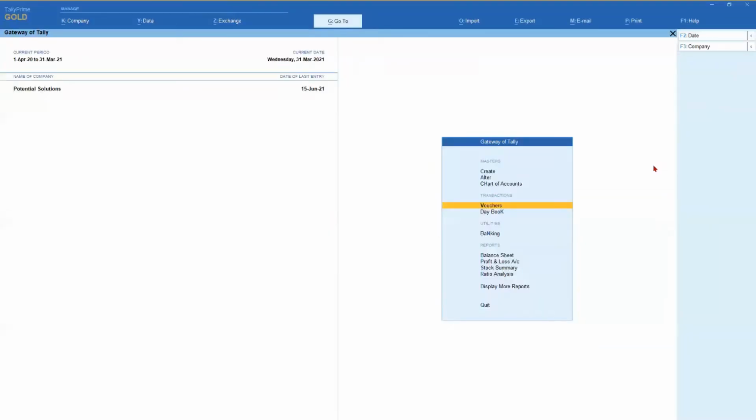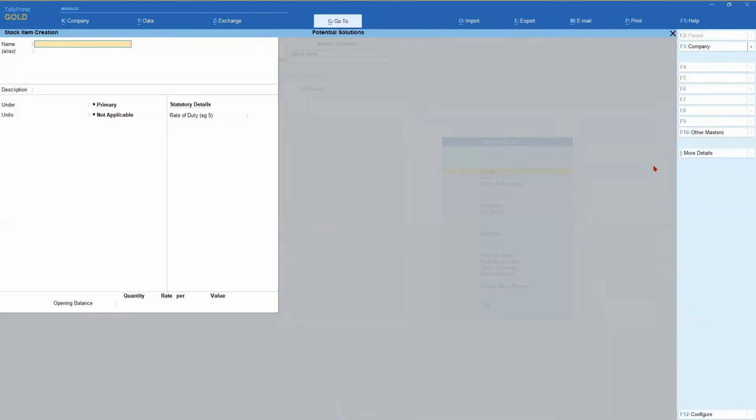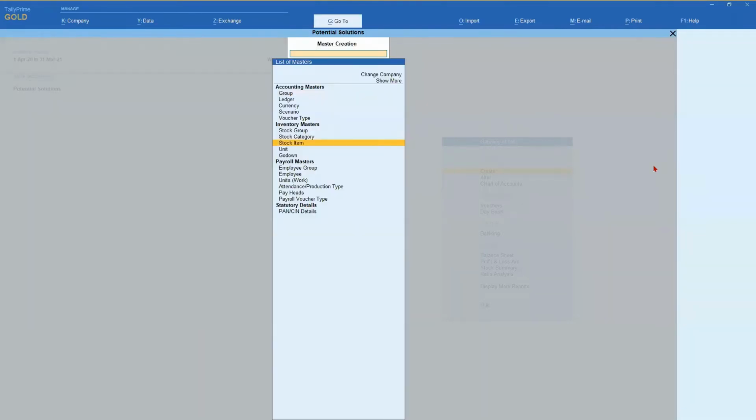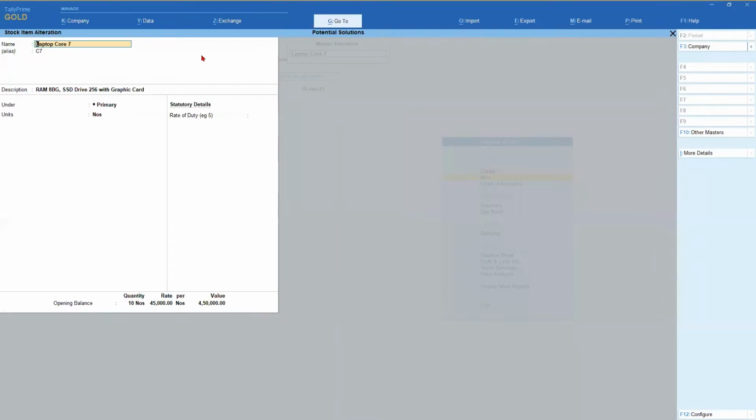Let us create a stock item. So all of you know how to create a stock item. Go to the masters, go to create, and from the list of masters, we will select stock item. Now I have already created the stock item, so let me go to alteration. Then I go to stock item and I have this stock item where I have created